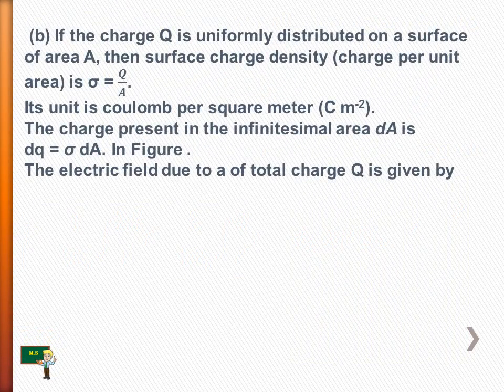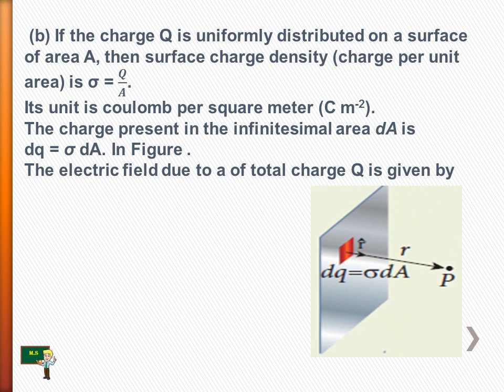Okay, now let's move to the second part. This is for a charge which is uniformly distributed on a surface. In this electrostatic lesson we are going to see this part in a Gaussian surface later. Now, if the charge q is uniformly distributed on the surface area A, and the charge is uniformly distributed all along this full surface, then we have to find the surface charge